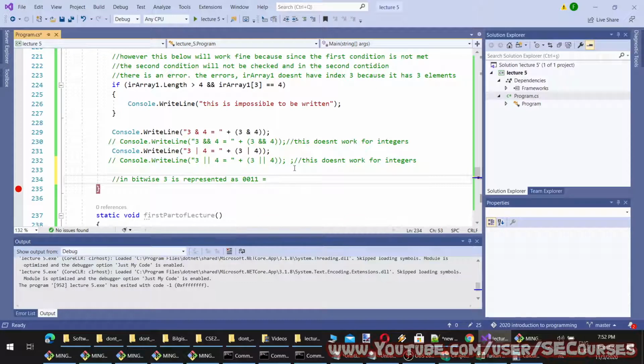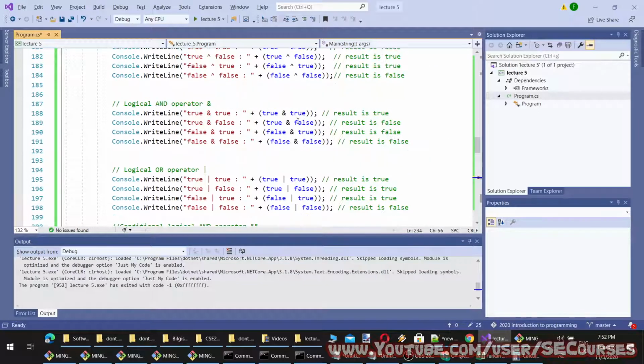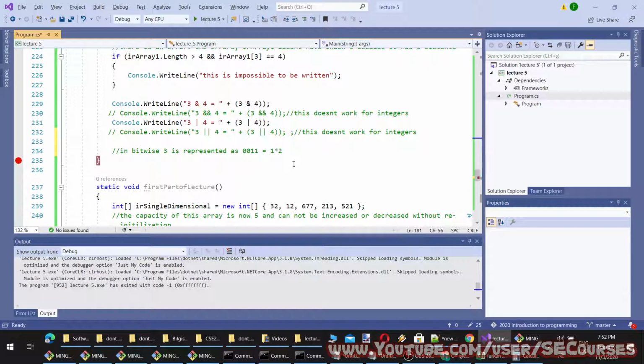Because it is equal to 1 plus 2, starting from the right.